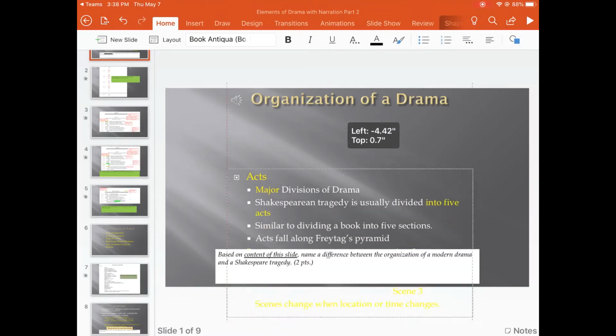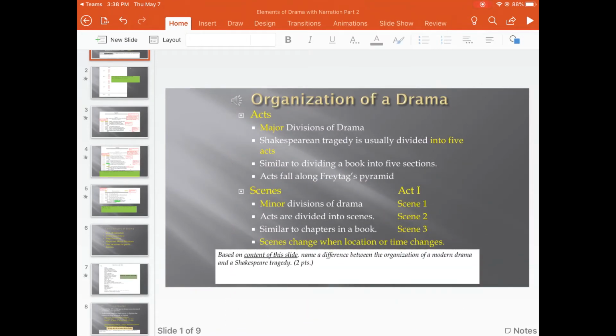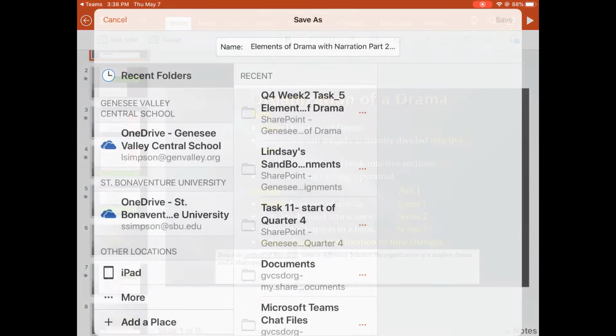Once it opens all the way, I can see my PowerPoint and I want to save it immediately. Next to the back arrow, there's a little file icon, and I can see that Autosave is on, but I have not saved it to my OneDrive yet, so I need to do that. So I'm going to save a copy,